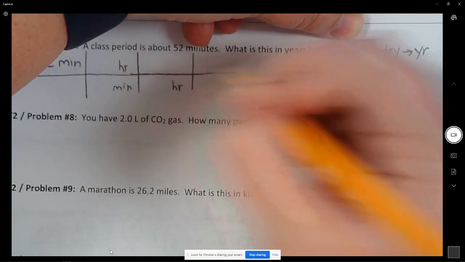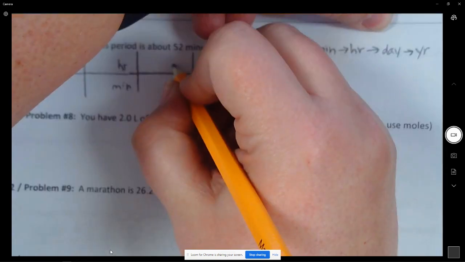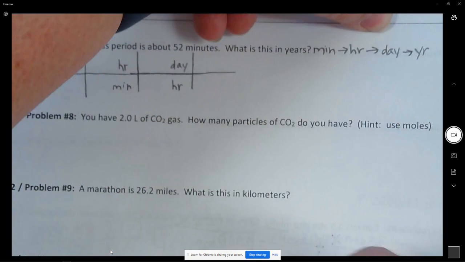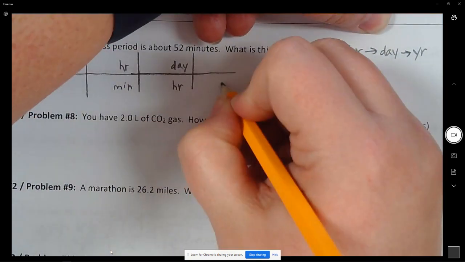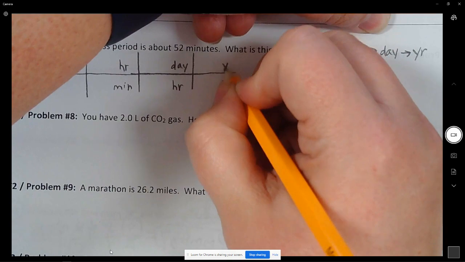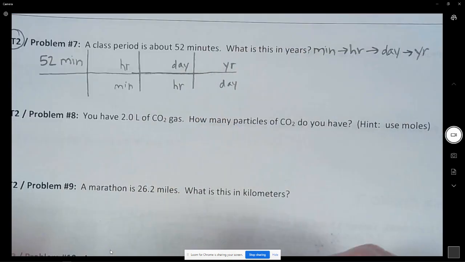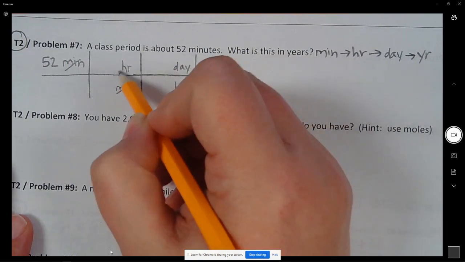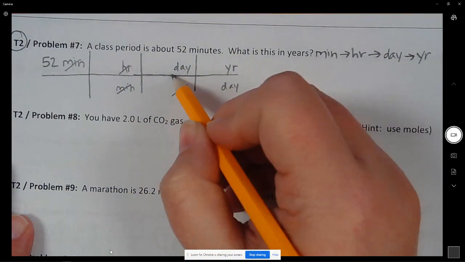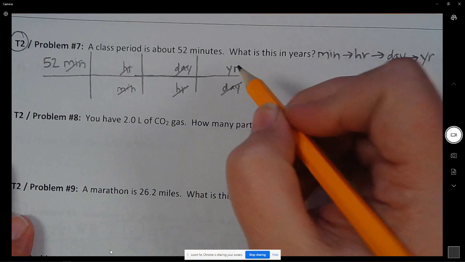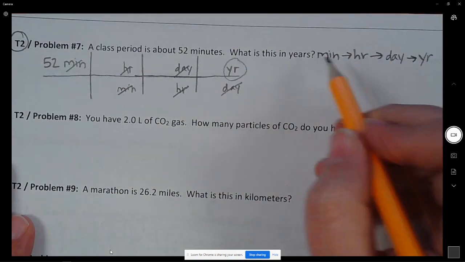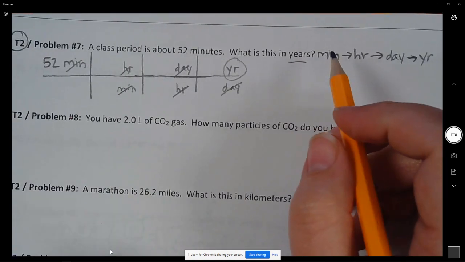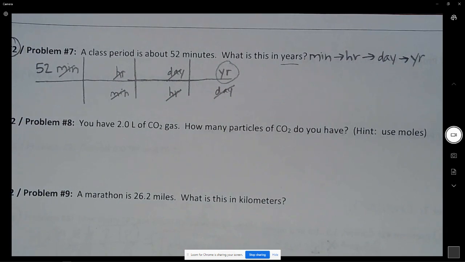So hours goes on bottom. I want days. So days are going to go on top. I have days. I want years. So year is going to go on top. Top, bottom, cancels. Top, bottom, cancels. Top, bottom, cancels. I'm left with this unit, which is what I wanted. So therefore, I know that I am